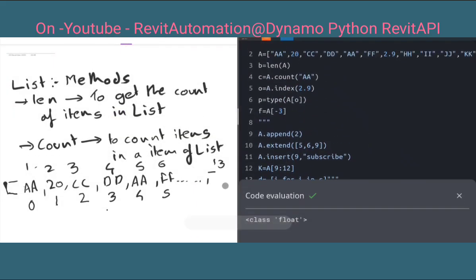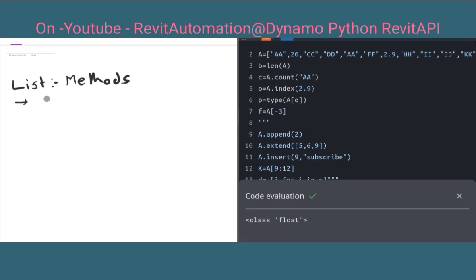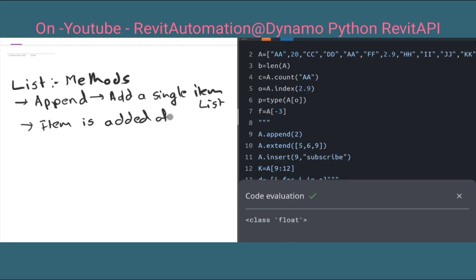Now we will move on to a different and very important method of list, that is append. Append is used to add a single item to the list. The item is added at the end of the list. For example, if you want to append 2 to our list,